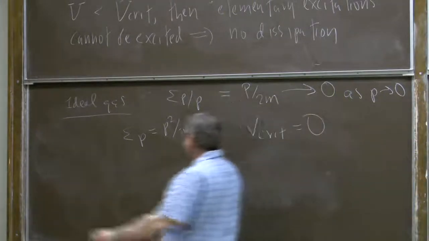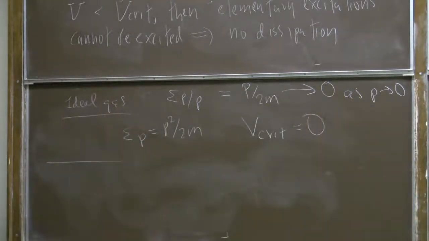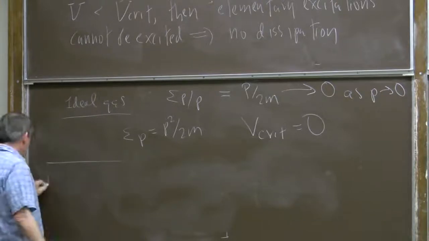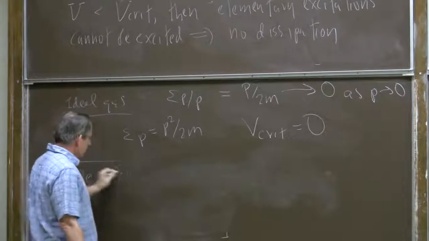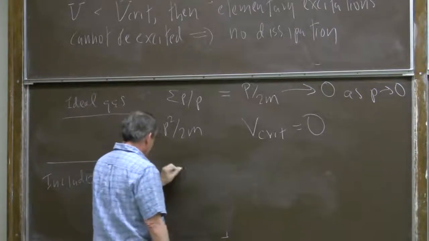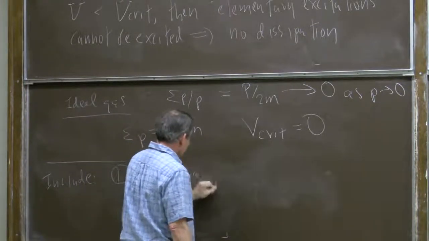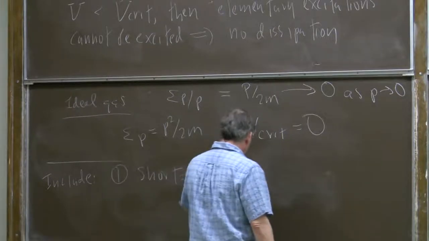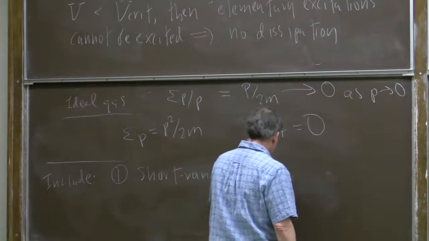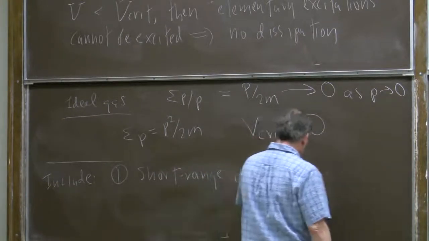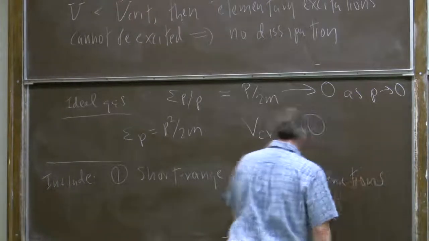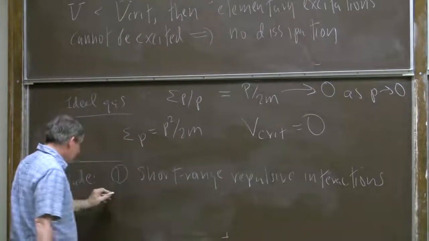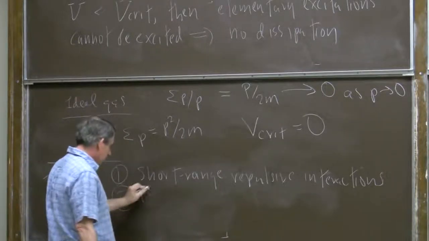So to get a more sophisticated theory, we have to include two things: short-range repulsive interactions among the atoms, and secondly, Bose statistics,